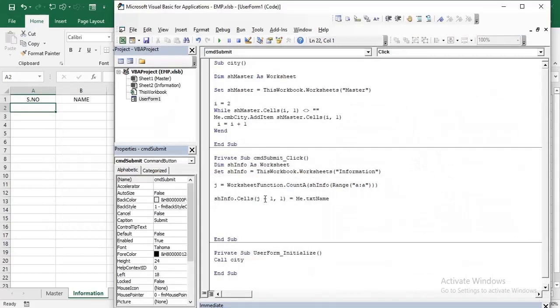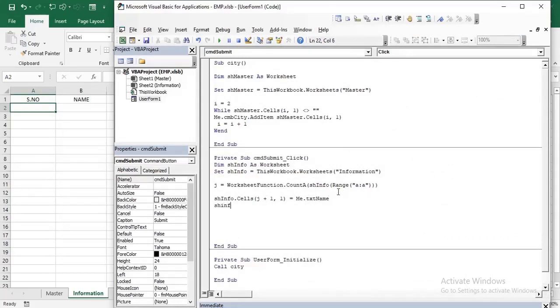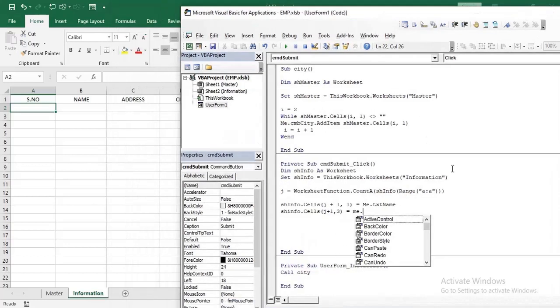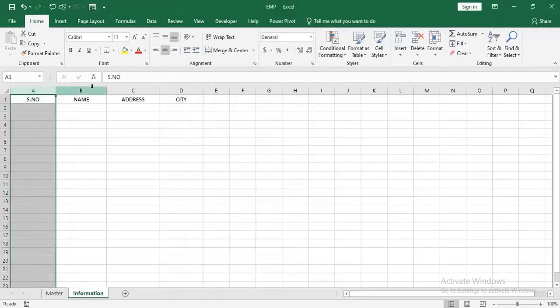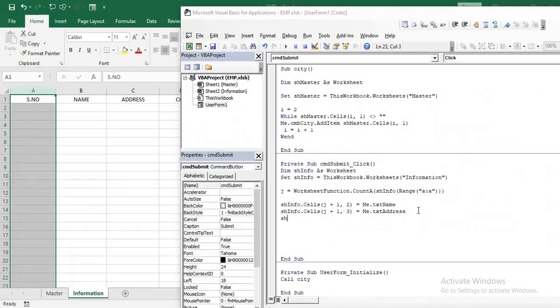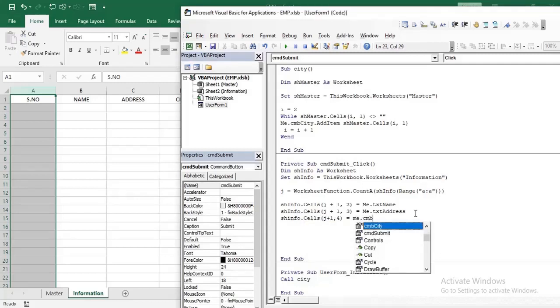So I add 1 over here, and sh info dot cells j plus 1 comma 3 is equal to me dot, the next column is address, me dot txt address. And here should be the second column, not the first one, because the first one is serial number. Okay, sh info dot cells j plus 1 comma 4 is equal to me dot cmb city.